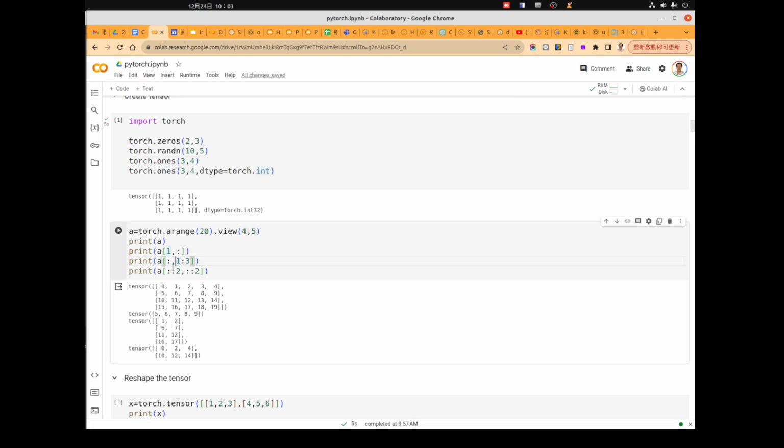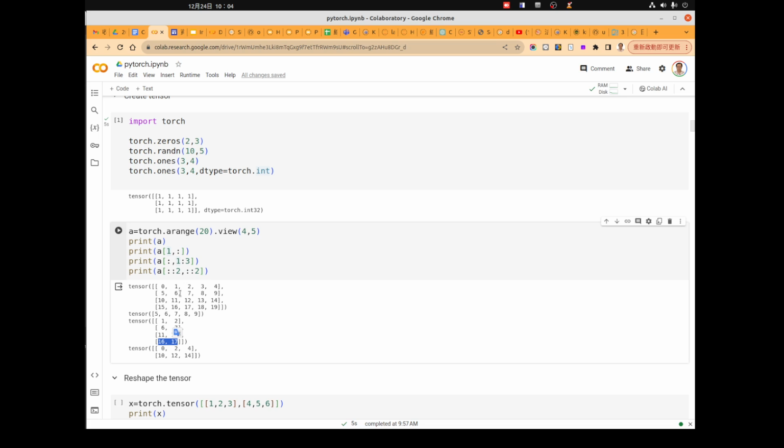So we want column 1 and column 2 only, and we will get those numbers from every row. You can see that 1 and 2 is here, 6 and 7 is here, 11, 12 is here, and 16, 17 is here.